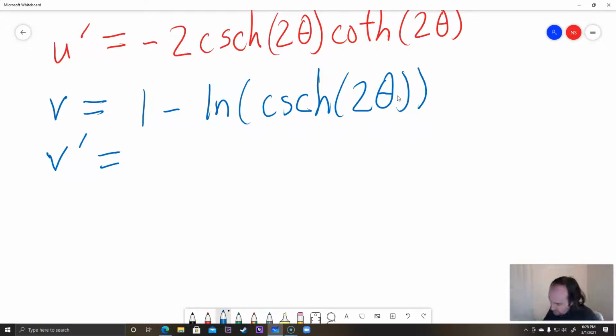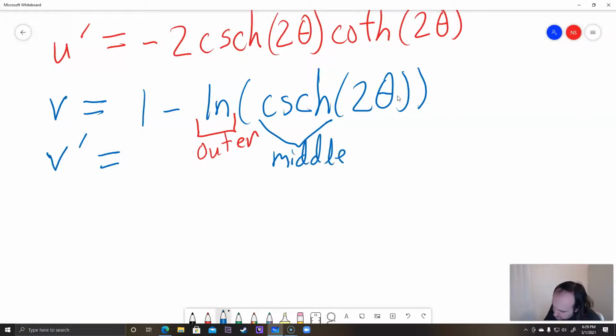So it's a lot, I know, but once again here our outer is negative ln, our middle is cosec, and then our inner function is 2 theta. So working from the outside inward,